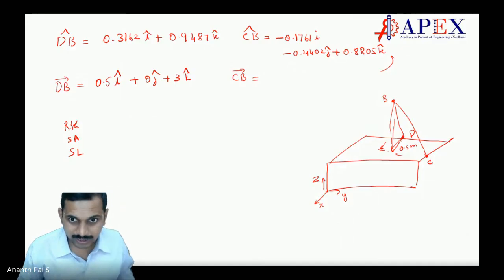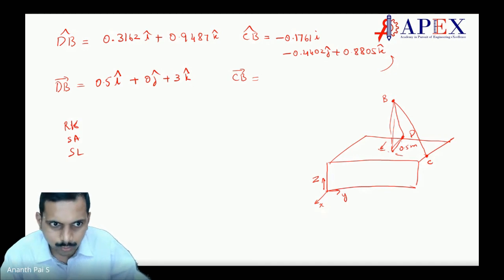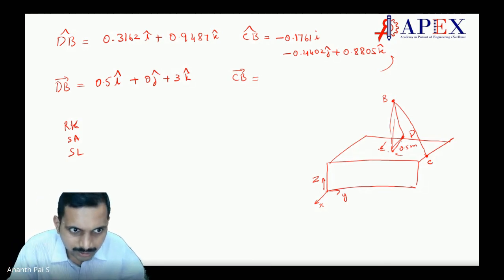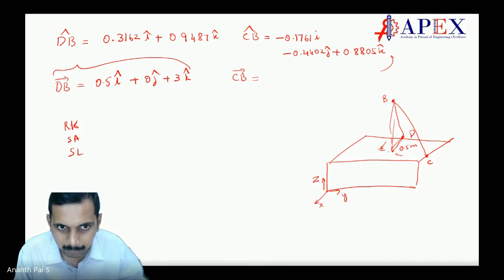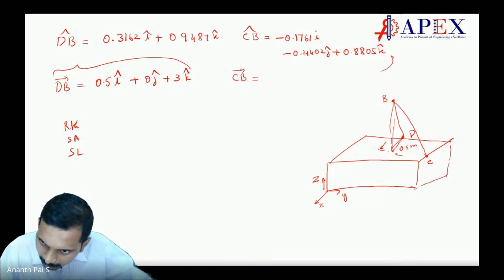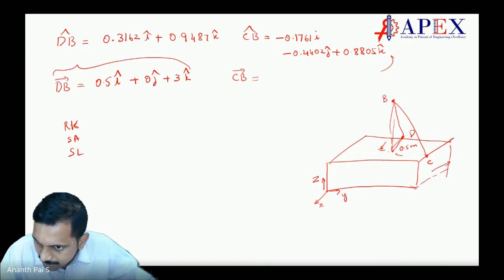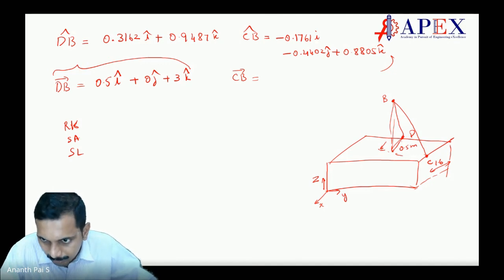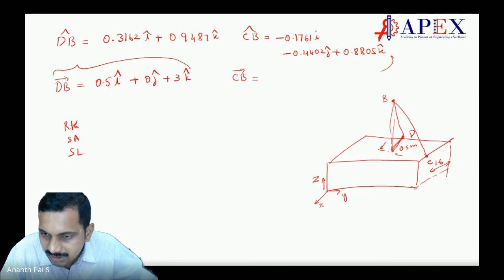See, now let us understand this. So if I have to go, this you understood, right? Varsha and Shane got, how did you get this? Is it not? Yes, sir. Very good. Okay. Now when you go from C to B, what we should see is, if I'm going from C to B here, what is this distance? This distance is 1.6, correct? So you're going from this point to here. What is this distance? This distance is 0.5.